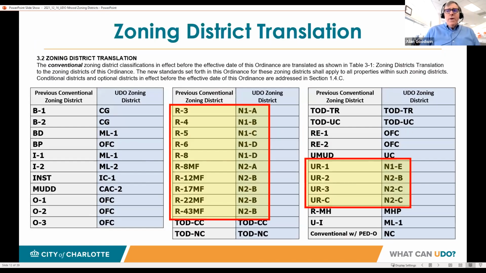So what happens to all of our current zoning districts? And I want to specify our current conventional zoning districts. We're not talking about conditional districts or optional districts. We're talking about conventional zoning districts. What happens to those when the UDO is adopted? Well, all 41 of those current zoning districts will translate to one of the new UDO districts. So I've highlighted, and you can find this translation table in the UDO in Article 3,